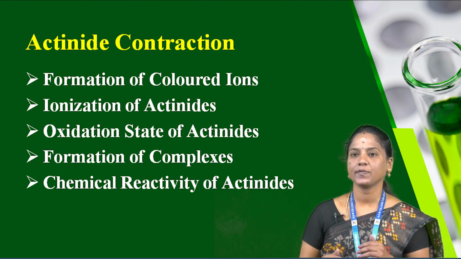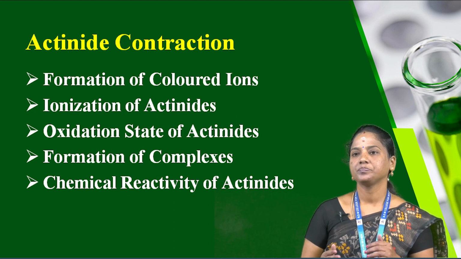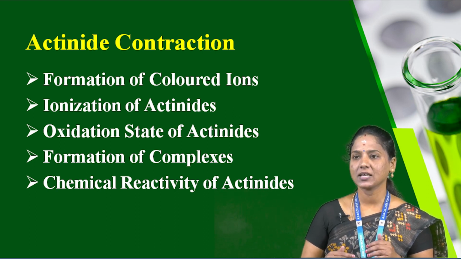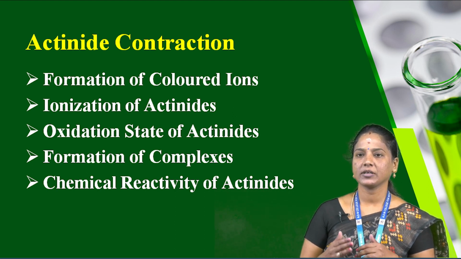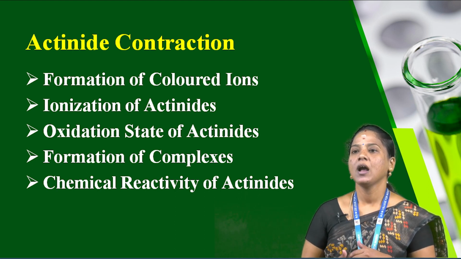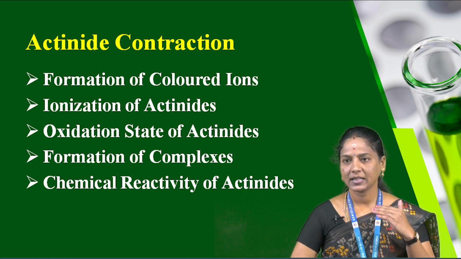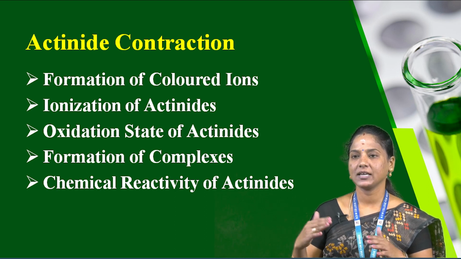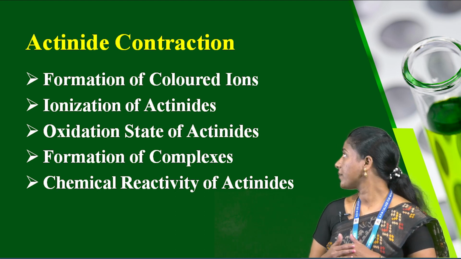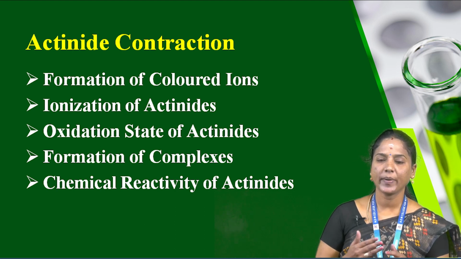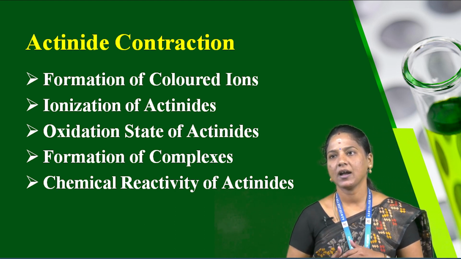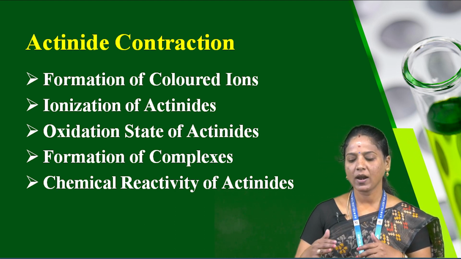For example, it increases from +4 for thorium to +5, +6 and +7 for protactinium, uranium and neptunium, but it decreases in the succeeding elements. In the formation of complexes, the actinides are better complexing agents than the lanthanides due to their smaller size